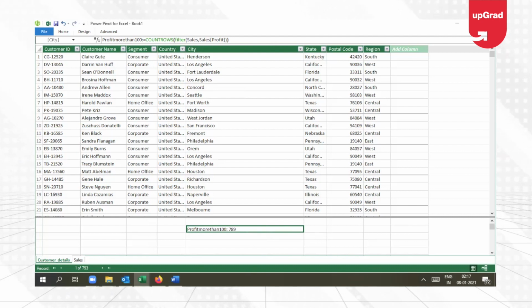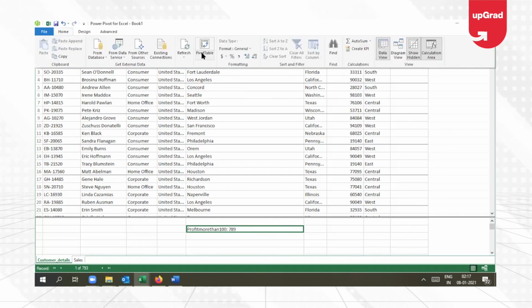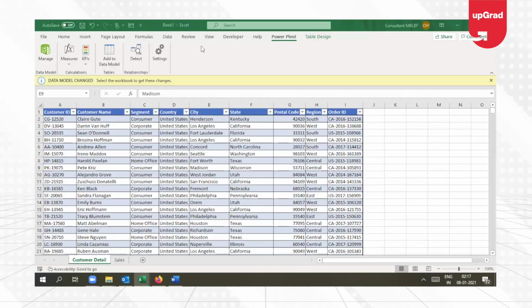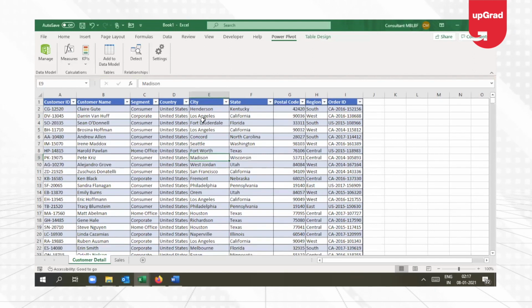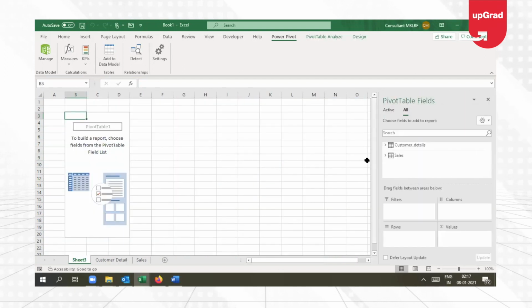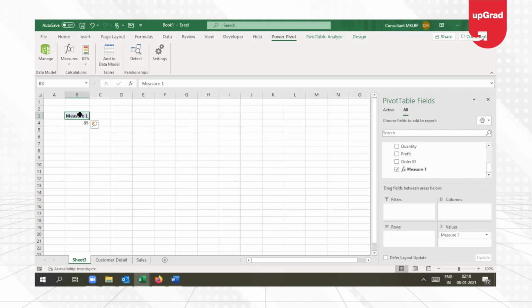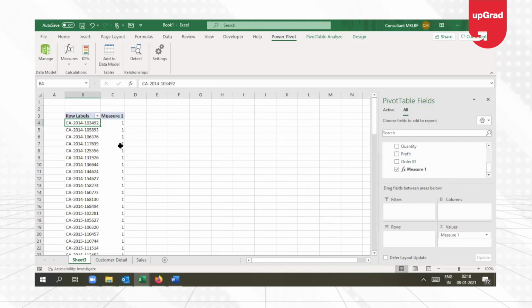So what we have done is we have created a measure. Now if I want to go back and check on the pivot table, the measures should be available in the pivot table, which you have seen in the previous tutorials also, that it automatically gets picked up in the measures as in the table as well. So now if I pick up here and put it, you will see that it is giving me the number that it should. I can pick up the order ID and get the number also. Now it all depends on what exactly you're looking to do. But of course, with the order ID, it is giving you 1111 because the order ID is all unique.